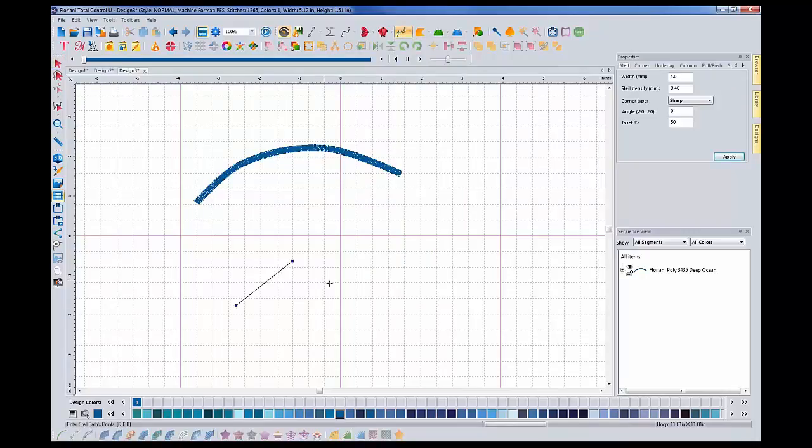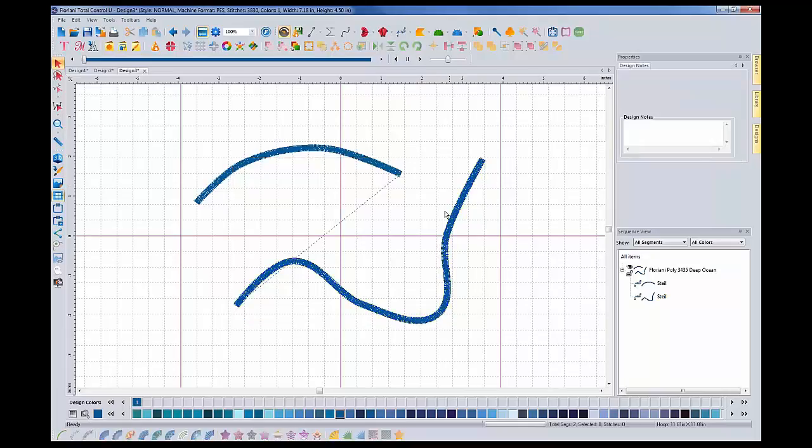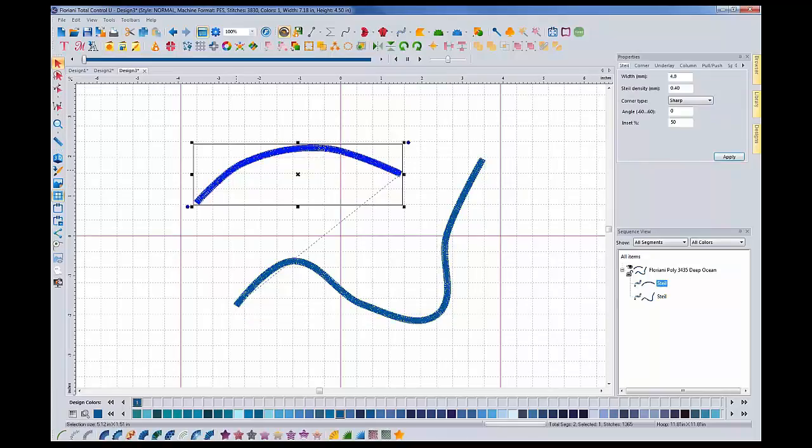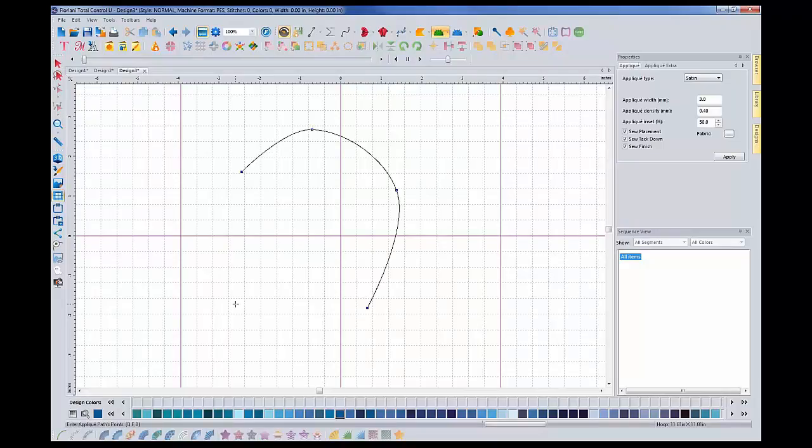So now when I create a shape, it's going to apply all of those settings. So you'll see that it created it at 4 width, 0.4 density. If I go to underlay, you can see that it has those underlays applied to it. This is really, really neat. This is, again, for the person who likes to create their own designs, but you can even see even with applique, if I create an applique shape really quick,